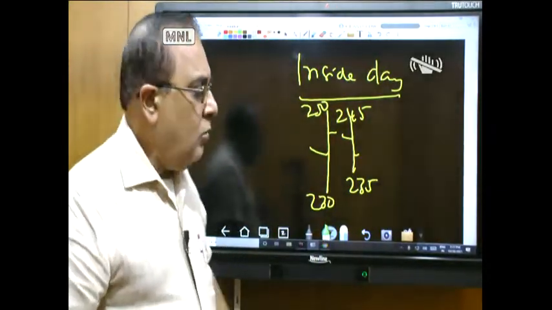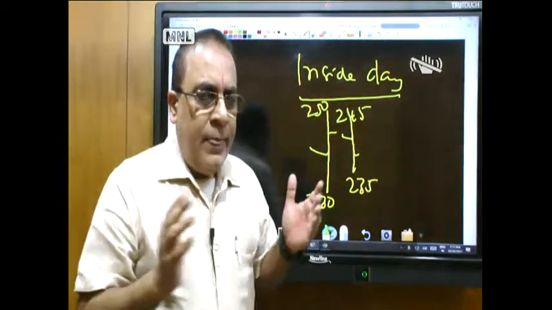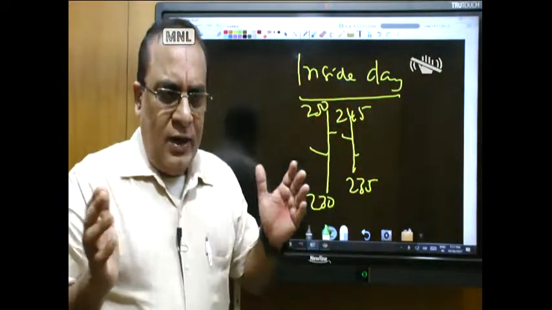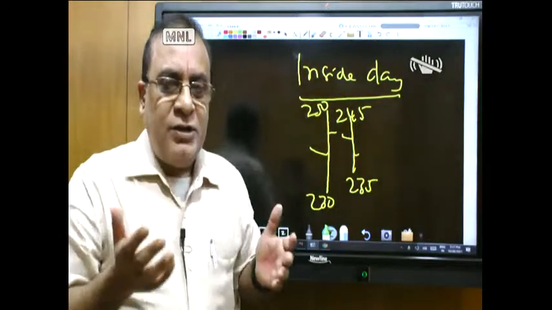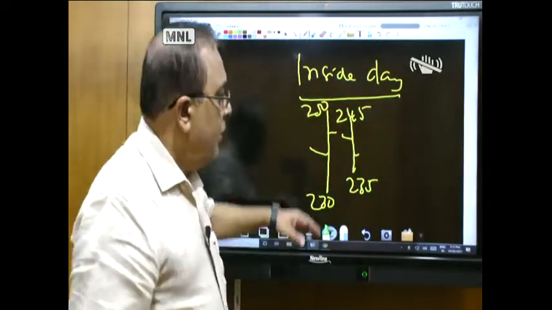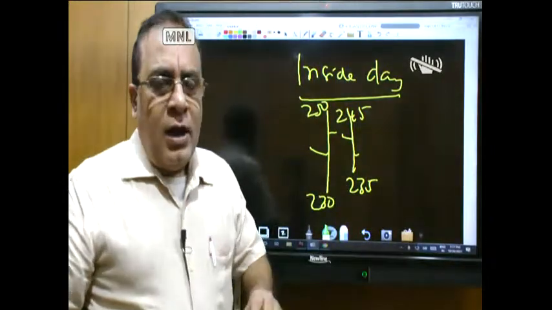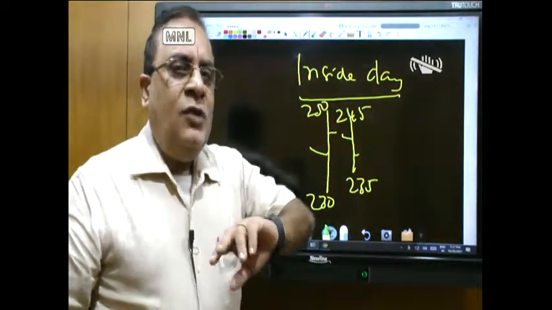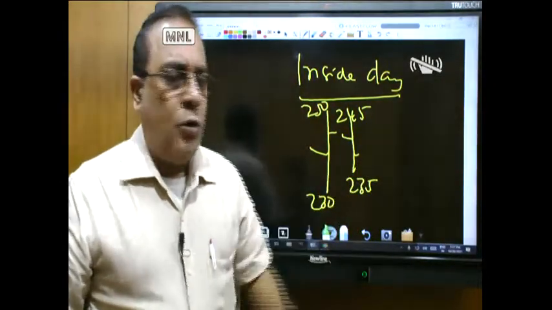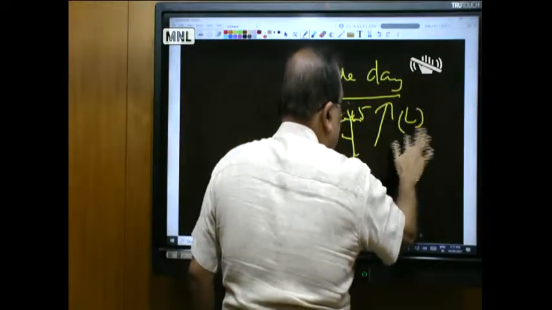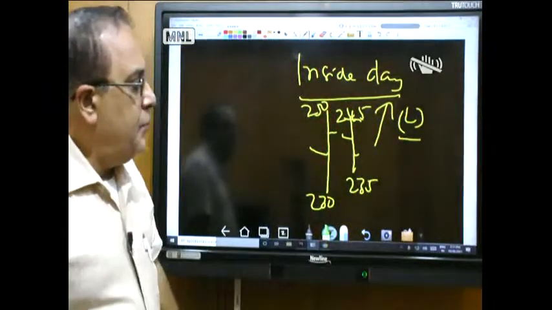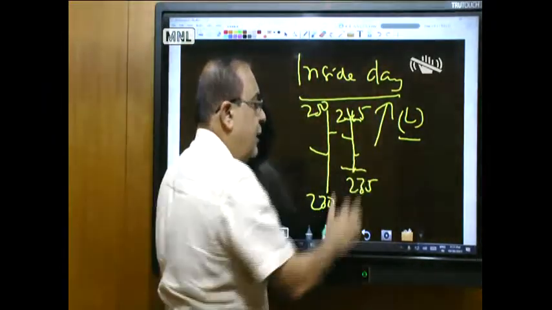So how do you use this inside day for trading? Now normally the inside day or narrow range days, if the range keeps on getting compressed, which they call the lowest range in the last 7 days, 5 days or so. Normally what they do is, if the high of the inside day is broken, that is if this 245 is broken the next day, then you go long for position trade and put in a stop loss below that inside day low.